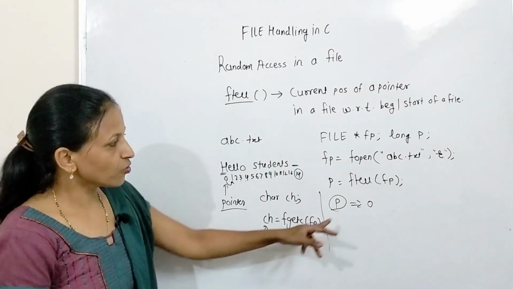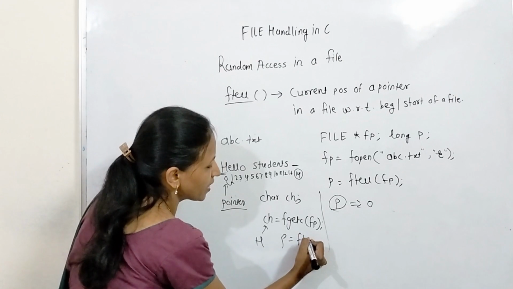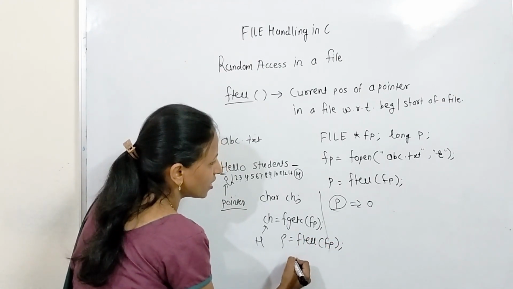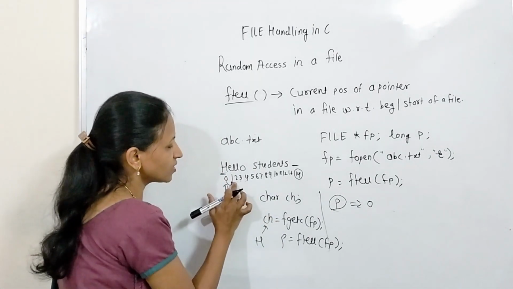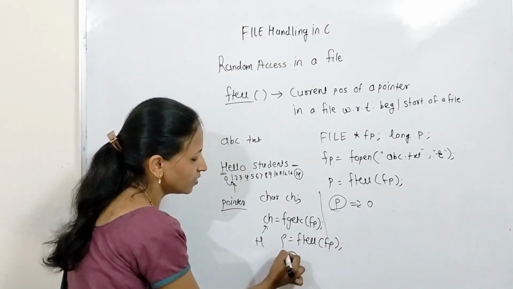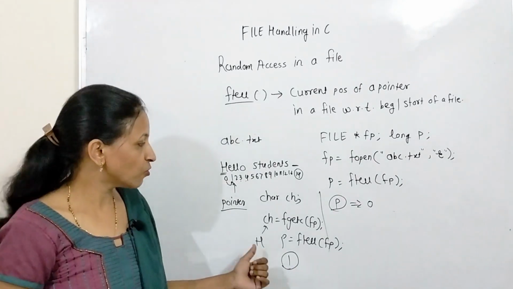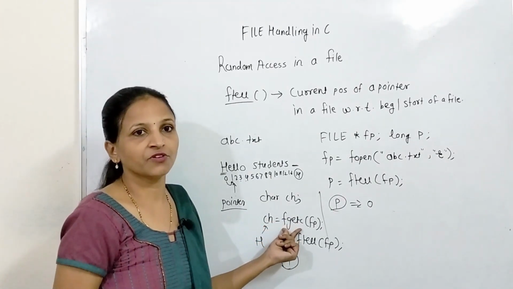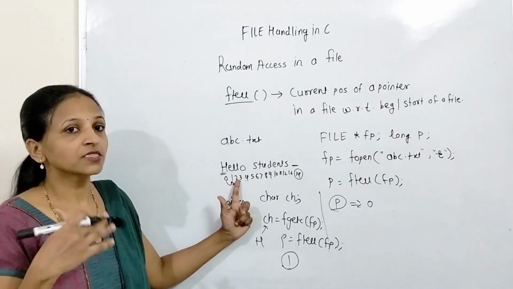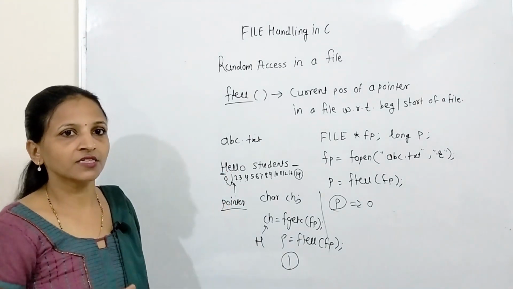And again if we are calling this append function after that, let me again write P equals append fp, then what will I get? I will get value 1, because now the file pointer is at this position. We will get value 1 after calling that append function, because we have already called that fgetc function. Let me again call that fgetc, the file pointer will be then at the second position, and inside that ch we will get that e character in this way.